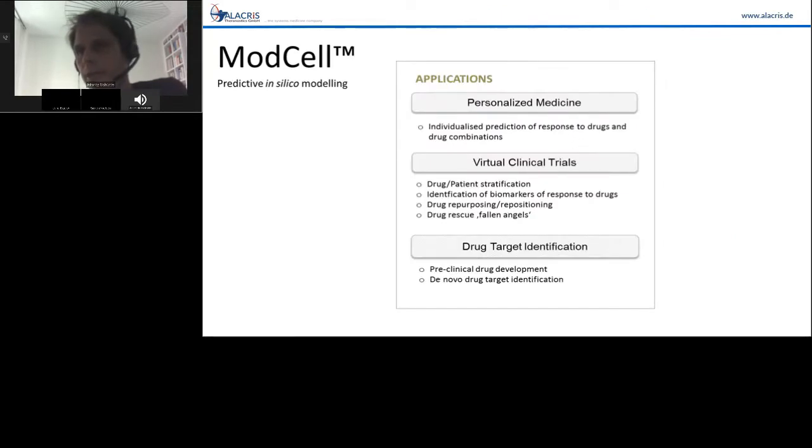The application areas, so as I said, it could be used for individual patients to perform a drug screening and then give those values to a tumor board or an oncologist. Other areas would be virtual clinical trials, so that you actually take a cohort of patients, perform drug screening, and try to identify responders and groups so that you can find biomarkers of response. This could be done for novel drugs. Another option would be to use that again on already existing drugs to reposition them to a different cancer entity